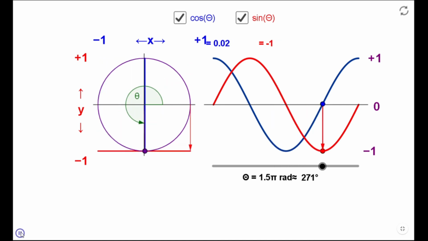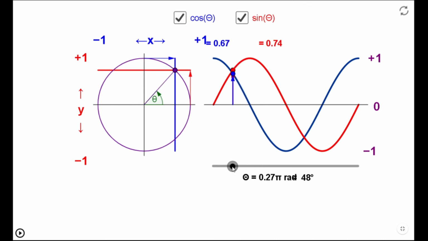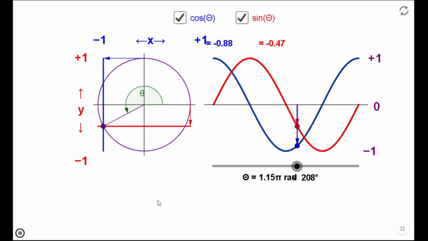Let me pause this animation and take an example where the values of sin theta and cos theta are the same, and that will be theta equal to 45 degrees. At theta equal to 45 degrees, cos theta is equal to 0.71 and sin theta is also equal to 0.71. So in phasor form, that will be r, the amplitude of this phasor, and the phase angle will be theta. So you can easily find the phasor from any sinusoid using this animation.